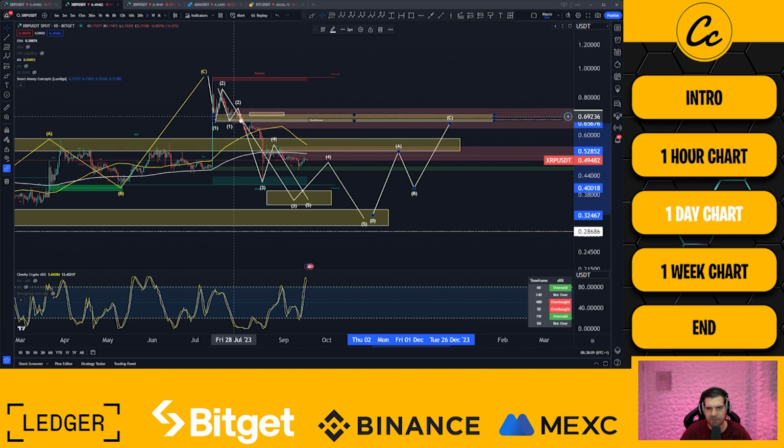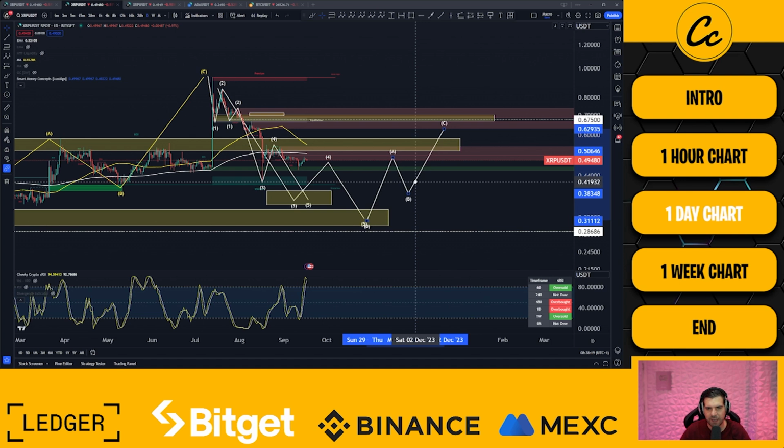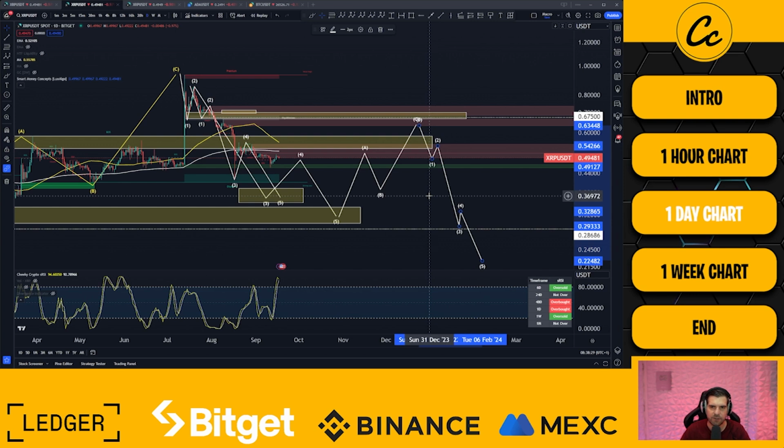Potentially around some of these resistances that we saw previously. So the first one of interest would be 53 to 58, and then a little bit higher, if we were to rally that way, would be 66 to 70 cent. Once complete though, because we had a 5-wave move, if this does actually play out as it has drawn here, then we would expect another 5-wave move to the downside, and we'll probably talk about dropping down towards 25 cent